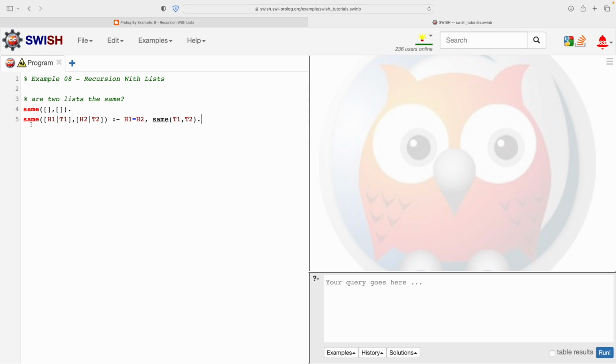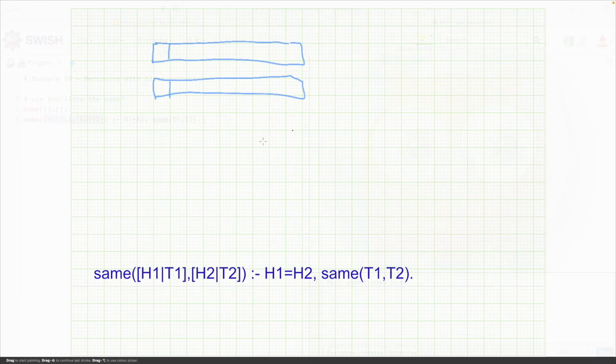Let's write that out. Same is defined in terms of same, and the stopping rule simply says that 2 empty lists are the same. You might be thinking, well, what's all this? This is new. Let's write that out. So here we want to have our 2 lists that we're comparing, this one and this one and this one. What's this? This is new. Well,